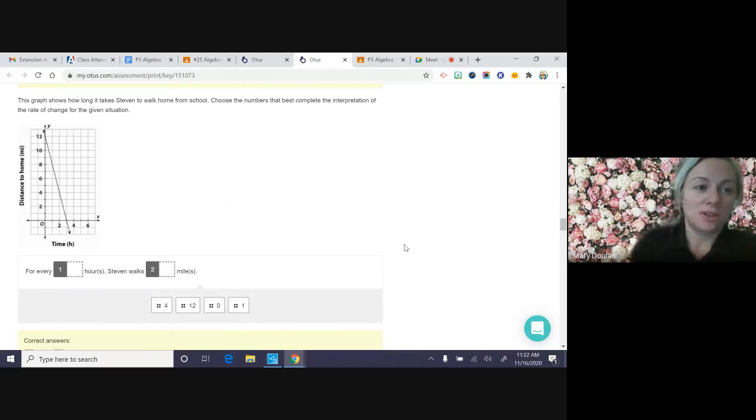So the graph shows how long it takes Stephen to walk home from school. Choose the numbers that best complete the interpretation of the rate of change for the given situation. For every blank hour, Stephen walks blank miles. The rate of change. We're talking about slope. Okay, so you can look at time. If you start at 0 hours,